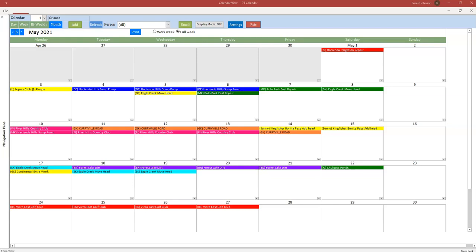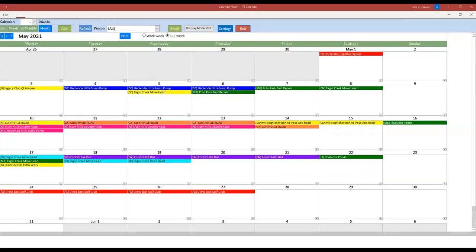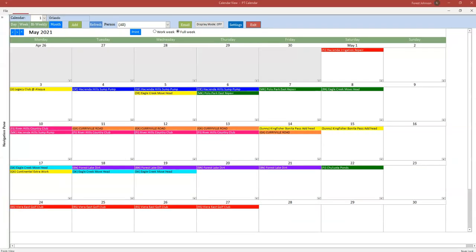Today, I will be going through the new Power Tools calendar program. A few examples the calendar program can be used for are to schedule crews, major equipment, estimates, bids that are due, employees' PTO, vacation, birthdays, or any appointments and meetings. This program was designed to help our customers stay organized when scheduling all types of work for the field and